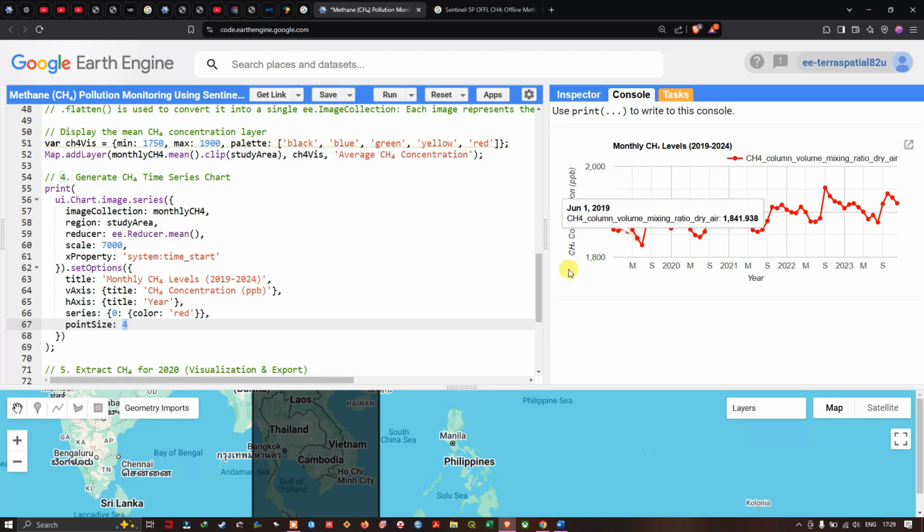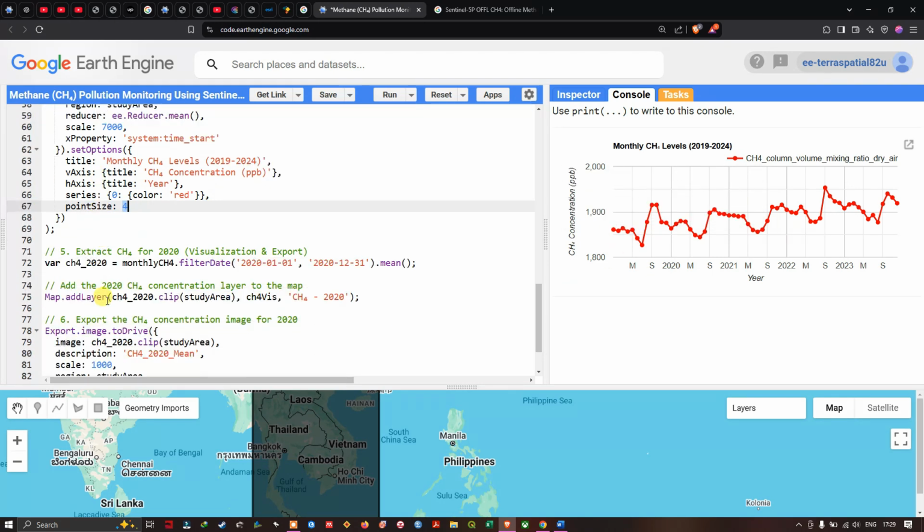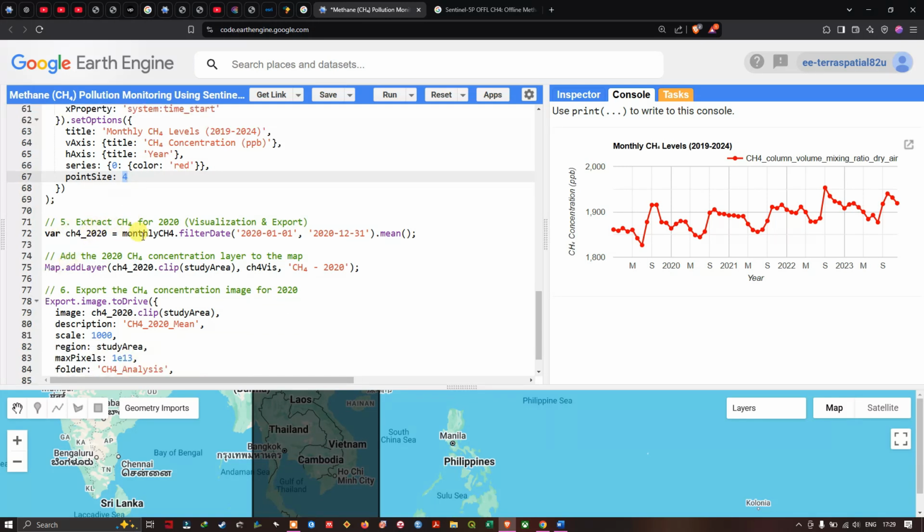And to extract, suppose we want to visualize the methane concentration only for 2020. In that case, to extract the methane for 2020, we're going to define a variable CH₄ 2020 equals monthly CH₄ dot filterDate. So we're going to apply the filterDate function to extract this particular year, that is 2020 January 1 to 2020 December 31st. In order to acquire the mean image, we're going to define the dot mean function,